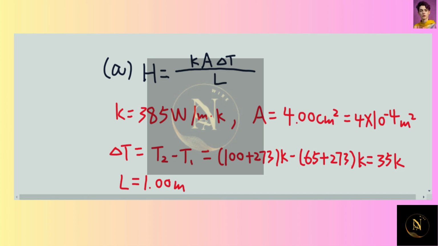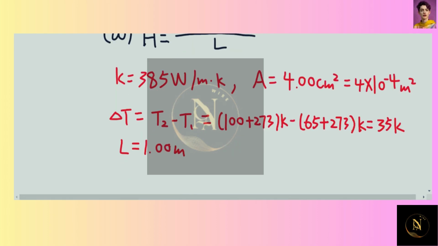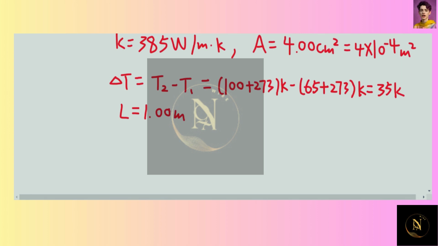Okay, and the section area is given as 4 square centimeters, which is 4 times 10 to the power negative 4 square meters. And the change in temperature is from 65 degrees Celsius to 100 degrees Celsius, which is 35 Kelvin. And the original length was given as 1 meter. Therefore, we can plug back into the equation to determine the heat conduction rate,